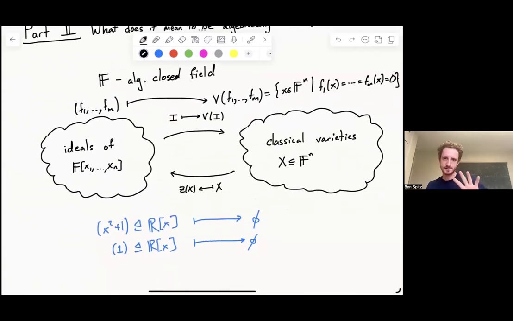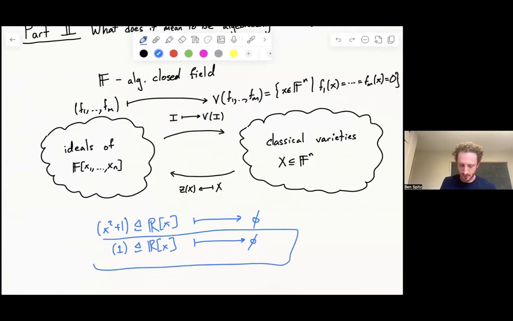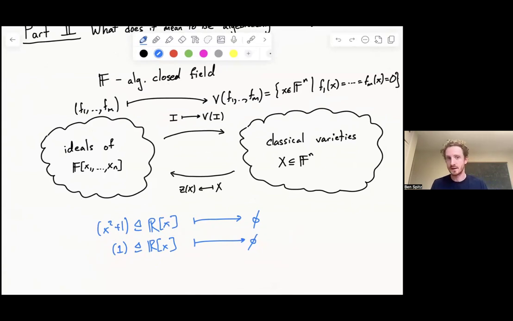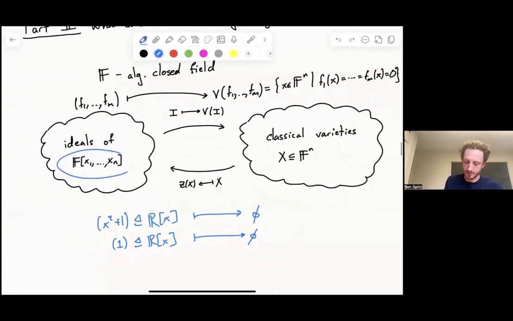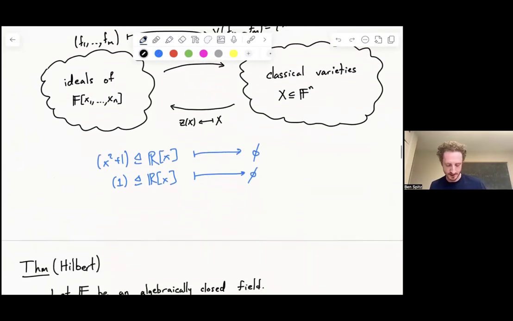So part of this correspondence is in particular that I have the ideal on the left that is the entire ring, and the zero locus of that ideal is the empty set. There's nowhere that the constant polynomial 1 vanishes. Also that ideal is radical. And so this should be the only ideal on the left-hand side that has empty zero locus. There should be a unique ideal inside my polynomial ring that maps to the empty set over here, and it should be the entire ring. And that's the content of Hilbert's Nullstellensatz.